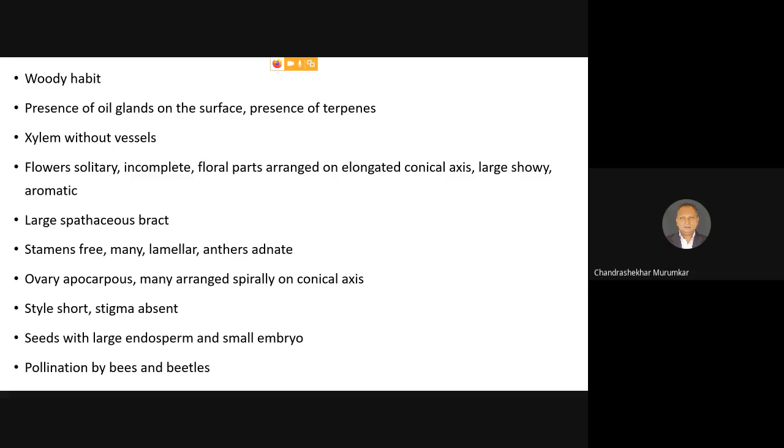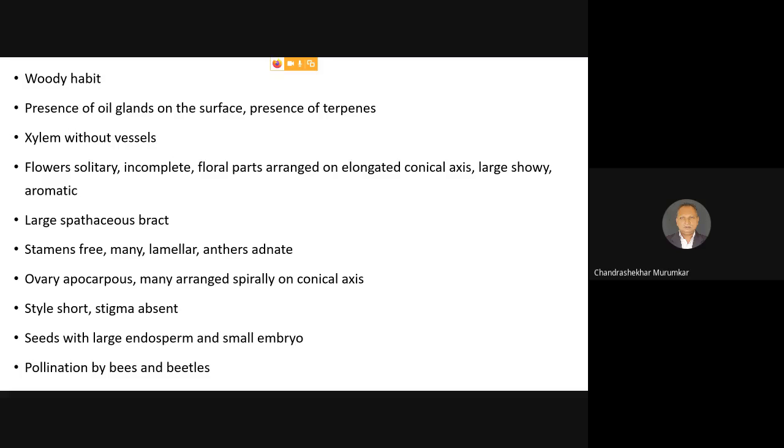They are arranged spirally on a conical axis. Obviously, the style is very short, curved. The stigma is absent. That's why the style is called the stigmatoid style. And the seeds are always present with a large endosperm and a small embryo. The pollination is by the bees and beetles. All these characters show the affinity of Magnoliaceae